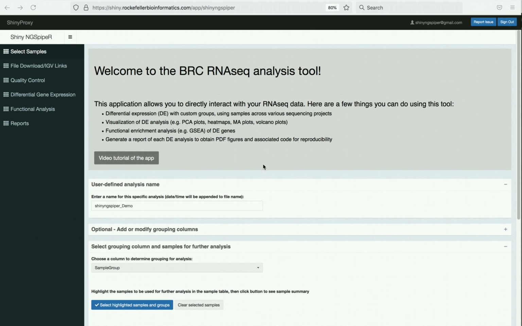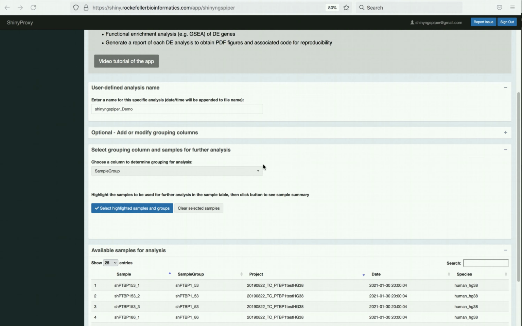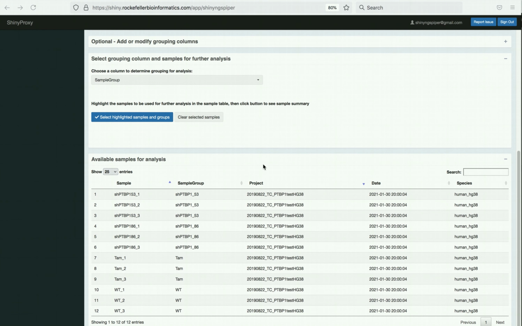This is a tutorial for the Bioinformatics Resource Center RNAseq analysis tool. So this is a tool that allows you to interact with your data that's coming right off of our pipelines. Again, this is RNAseq, and so any sample that comes off our pipeline that's attributed to you should show up